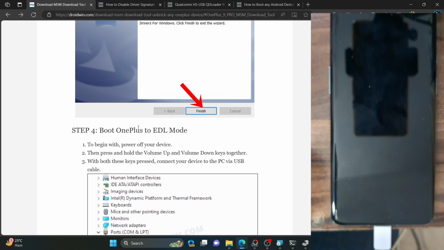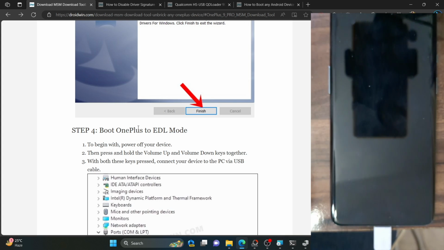As of now, your phone will be in a Qualcomm crash dump mode. So you will have to long press and hold the power key to power off your phone. If that does not work, then press and hold the power and volume up key for around 10 to 15 seconds. Your phone will try to boot up and then automatically power off. Our ultimate aim is to power off the phone. You could either do so by long pressing the power key or by pressing and holding the power and volume up key, in which case the phone will try to boot up but ultimately power off.